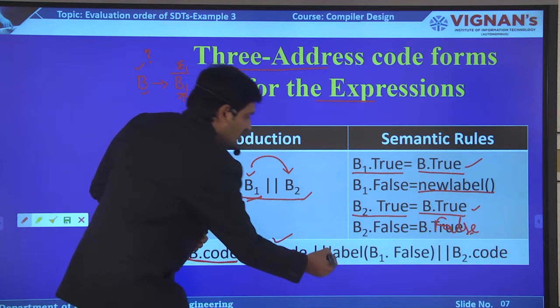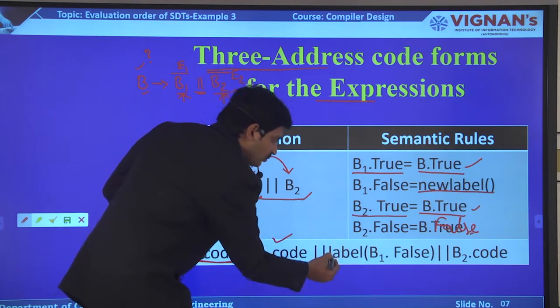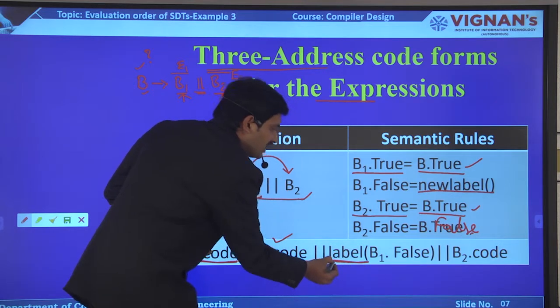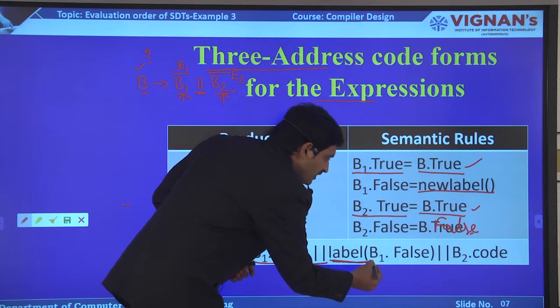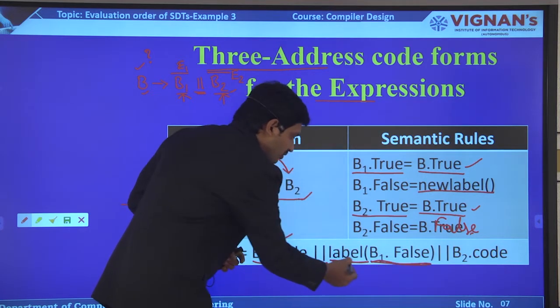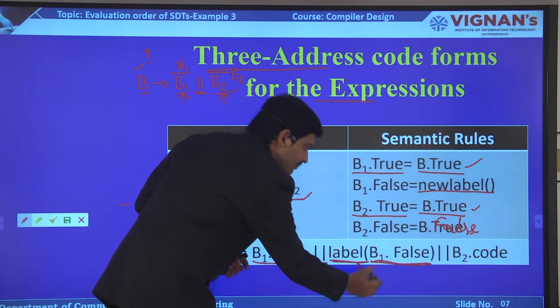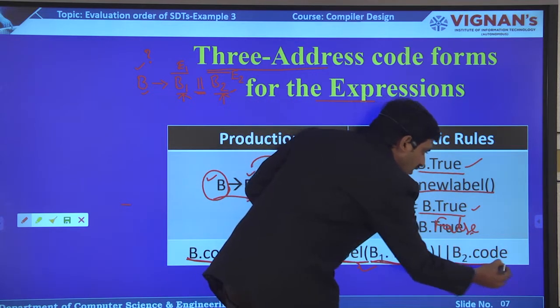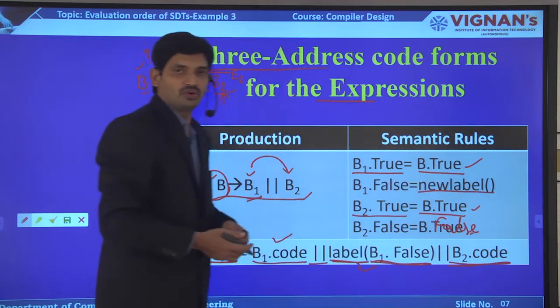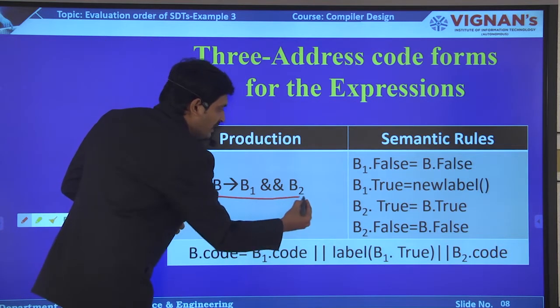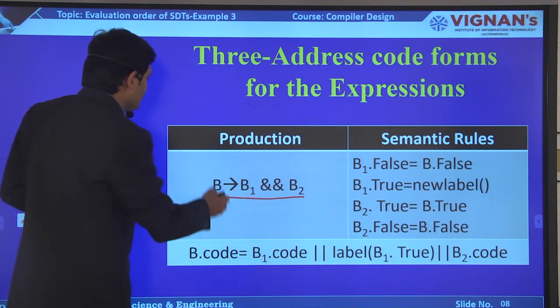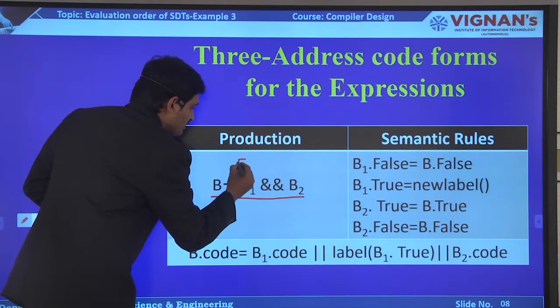Then if it is false, I am going to generate the three address code for B2. So when B1 is false, then only I write this label and execute the B2 code. Okay.